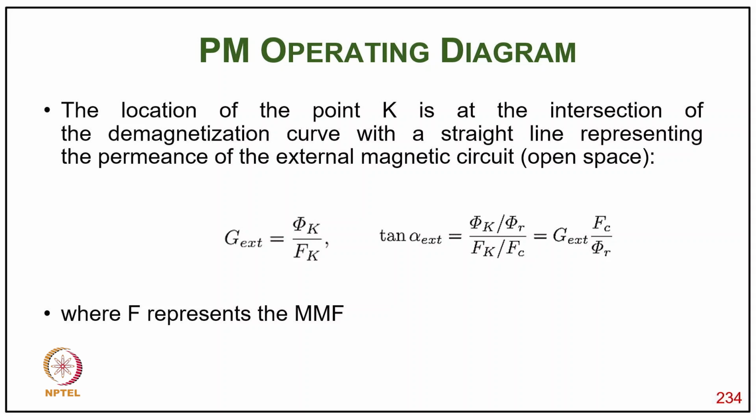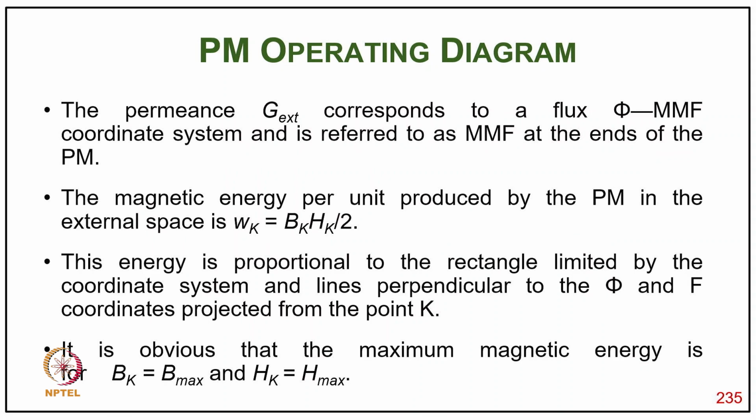So, tan alpha external equals phi K upon F_K, tan alpha external equals phi K upon phi r, or F_K upon F_c, or equal to G external F_c upon F_r, where F represents the MF. So, the permeance G_sk corresponds to the flux phi, MF corresponds to the coordinate system and is referred to as MF at the end of the